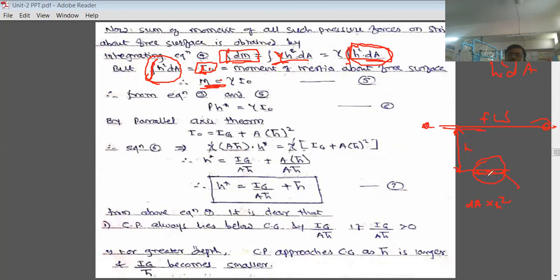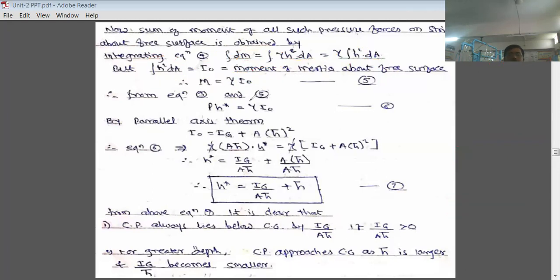If the moment of inertia of one small strip is denoted by dA h square, or h square dA, then for the entire surface, if we sum all the strips on it, what am I going to get? I will get the moment of inertia of the entire surface about this axis 0 0, right? So instead of writing this integral h square dA, I will write this symbol I0. So this capital M will be equal to gamma as it is, and instead of this integral h square dA, I will write I0.